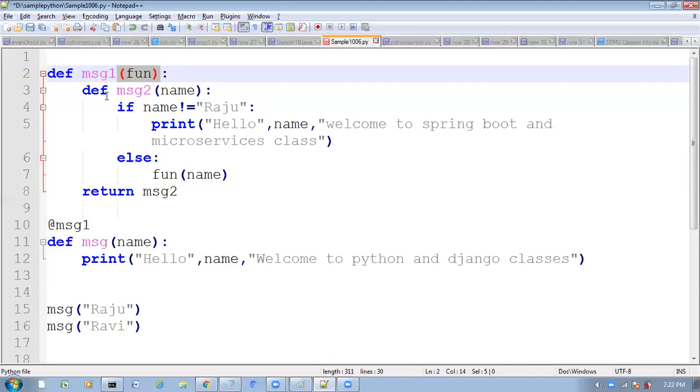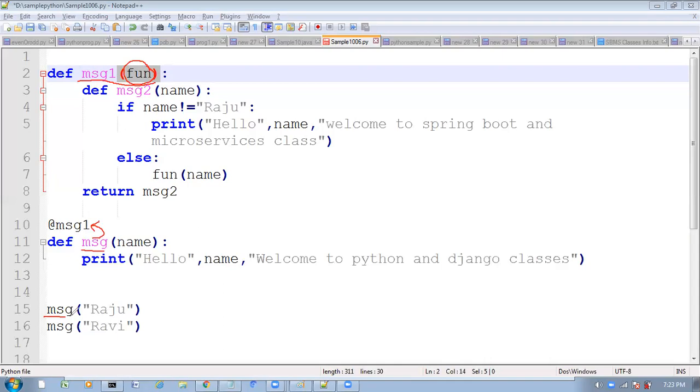But observe very carefully. Here, to this decorator function, I am passing one function as the argument. Which function are you passing as the argument? Here, which function are you calling? This function will go as the argument to this decorator.